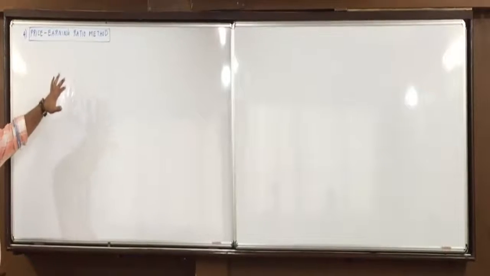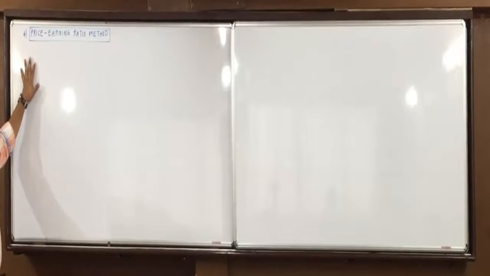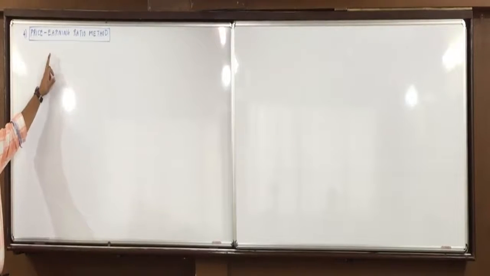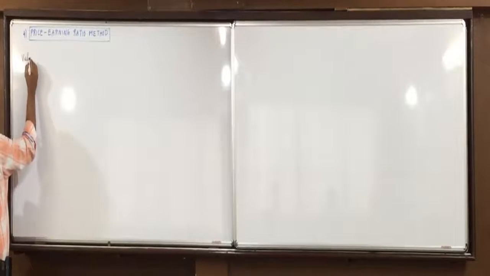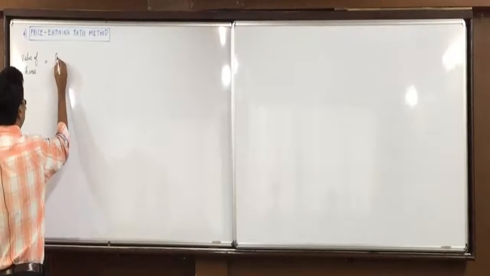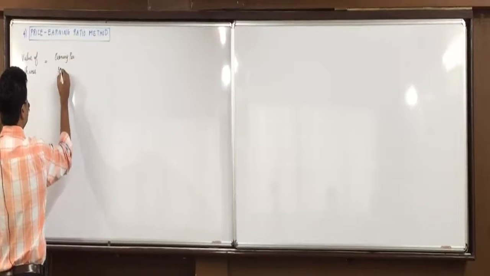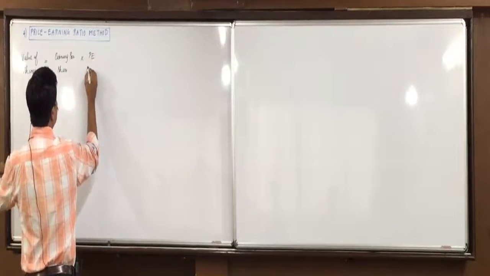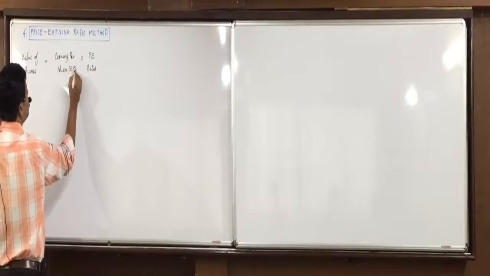Okay, what does the price to earning ratio show? Market price is how many times the earnings of the company. That is what it shows. So whatever is the earning per share of the company, that will be multiplied with the PE ratio. In short, what is the value of shares by this formula? Value of shares is equal to earning per share multiplied by price to earning ratio. Okay, earning per share means EPS.